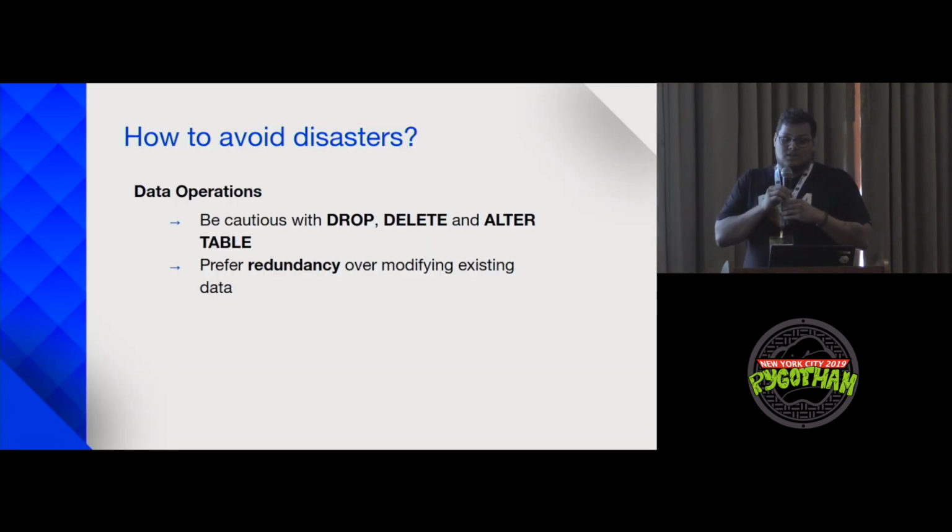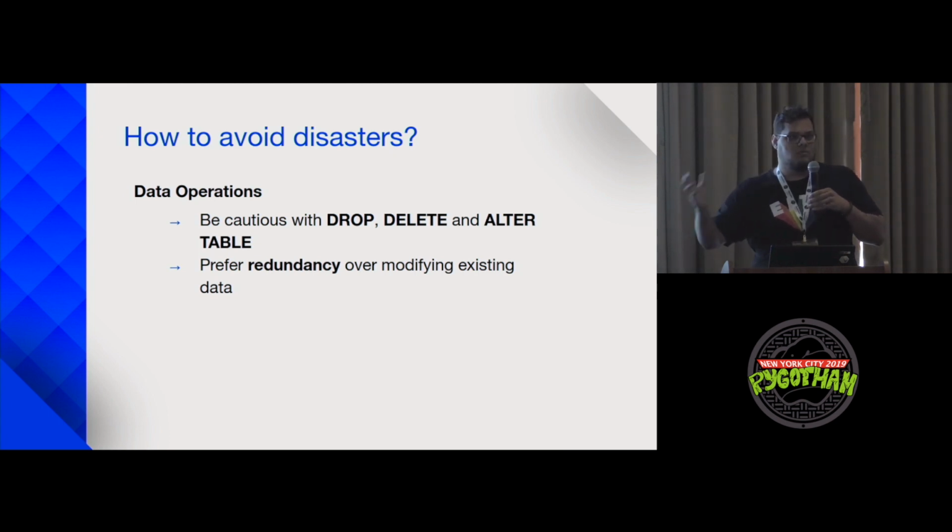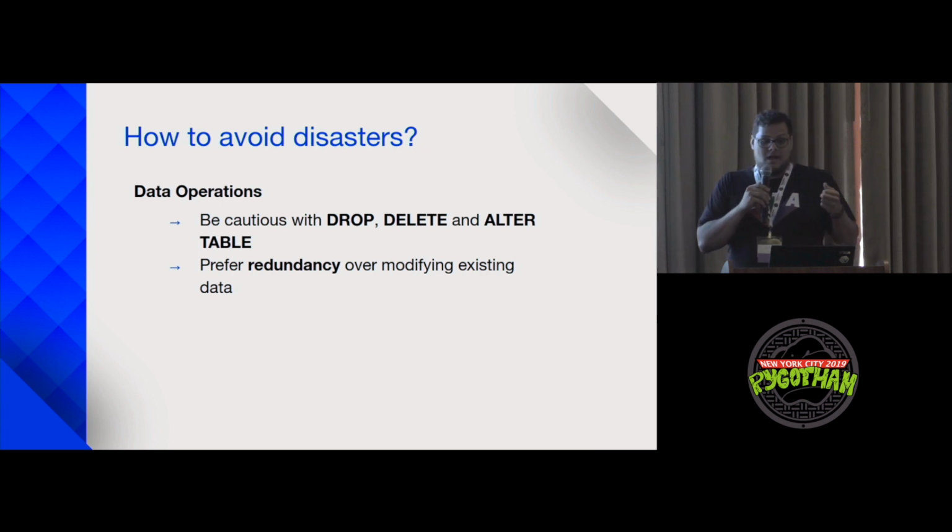So the first step to avoid disasters is to be very careful with data. If you're running operations like drop, delete, alter table, operations that will change your table and lose a column or a table, you can have problems, because this can be harder to roll back. So prefer redundancy. If you can, duplicate tables, duplicate columns, store the same value in two tables with the flag on and the flag off, so you don't lose things,